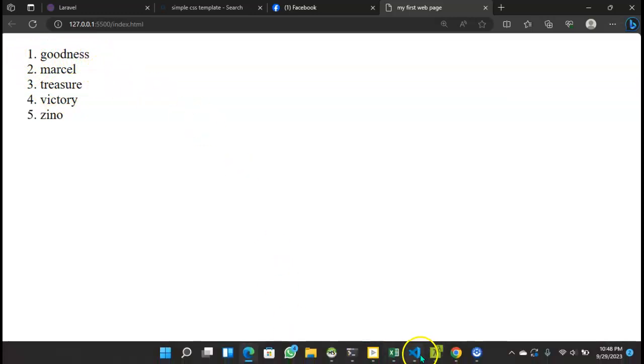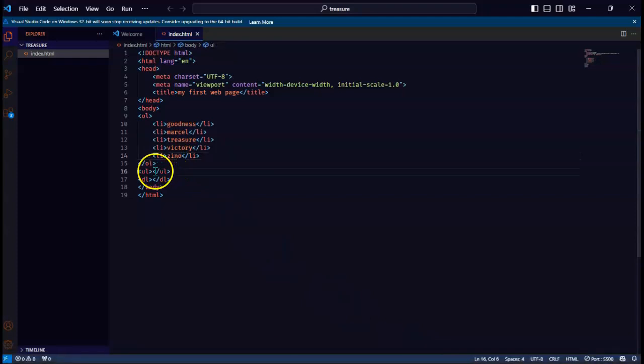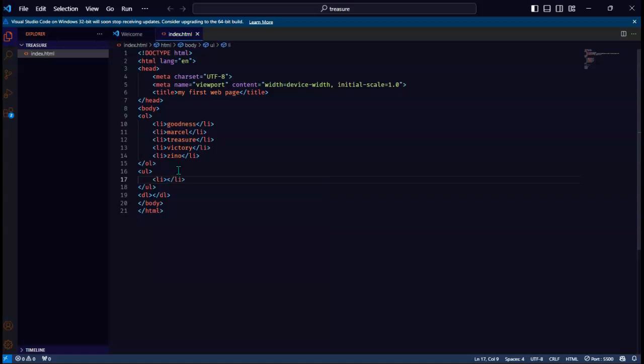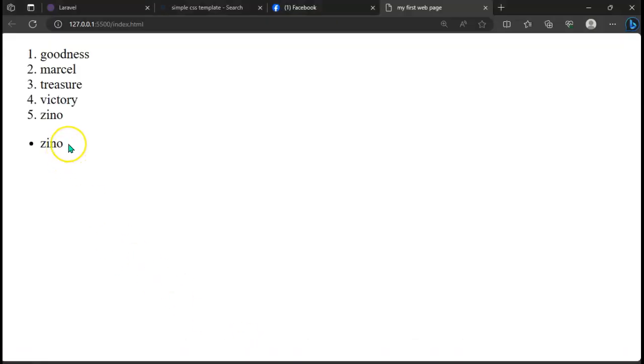Now let's go and check out this unordered list and see the difference. I'll still be using this li, this list item. Let me just say Zeno. Now let me view this and see what I have. You see I'm no longer getting numbers. Now I'm getting a bullet. So basically the difference between ordered list and unordered list is that ordered lists are numbered, whereas